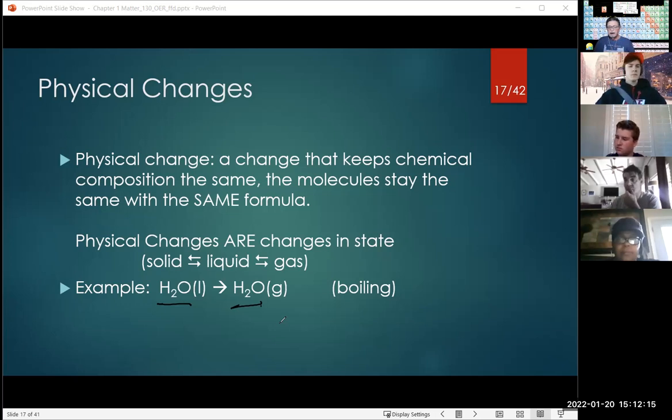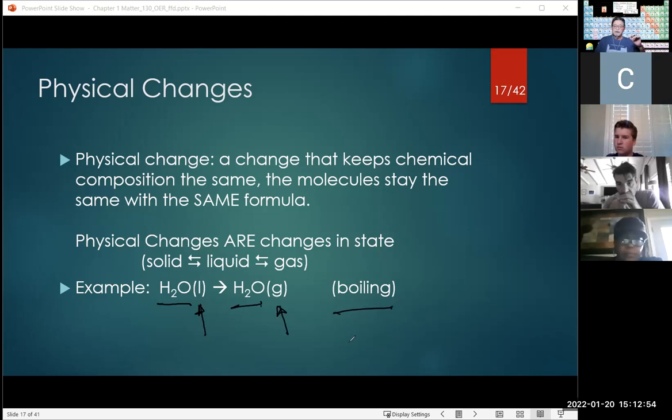Nothing happened to it. I still have H2O in the beginning. I have H2O at the end. The only difference is the state denoted by those arrows and by the letters in parentheses, okay? Where S represents a solid, L represents a liquid, and G represents a gas. And so structurally, H2O, nothing happened to it. The physical state changed because in parentheses, we went from a liquid to a gas. And so we call that boiling, okay?